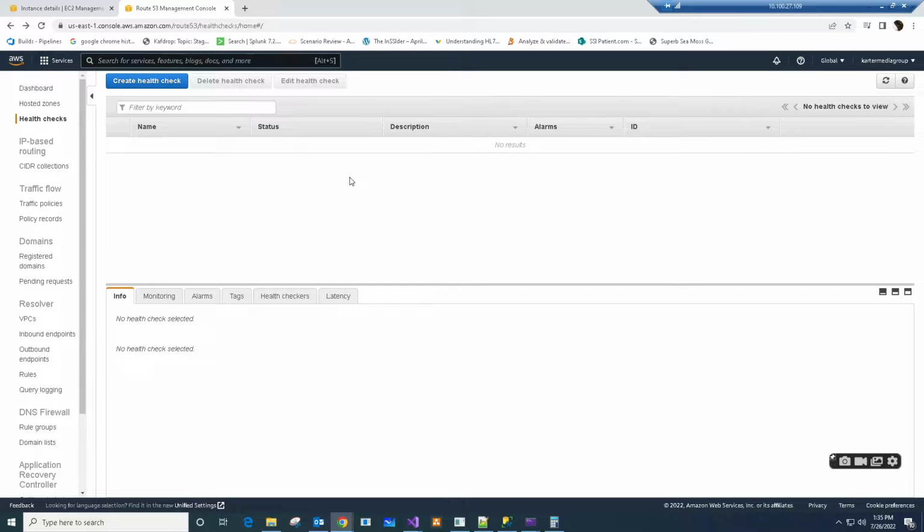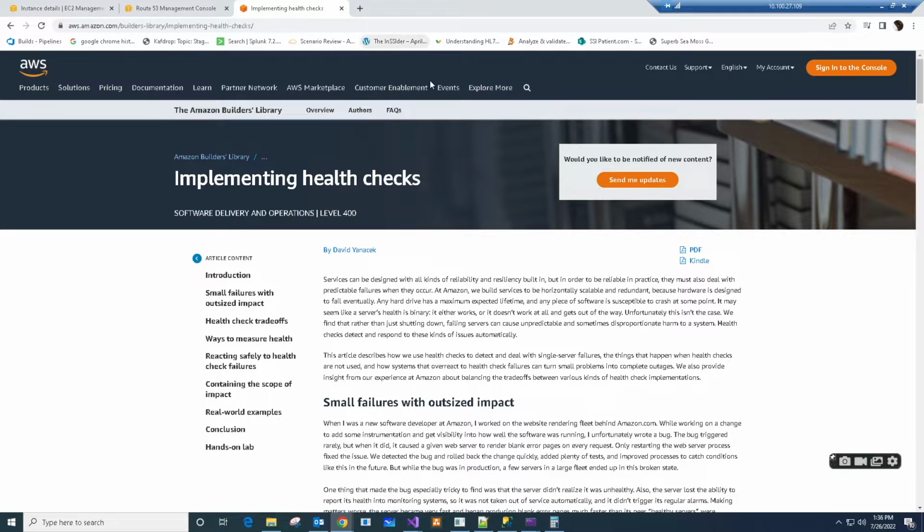In this video today, we are going to create a health check in AWS. A health check can be used to monitor resources in AWS at a granular level. So what is the definition of a health check in AWS? According to the AWS site, a health check is used to